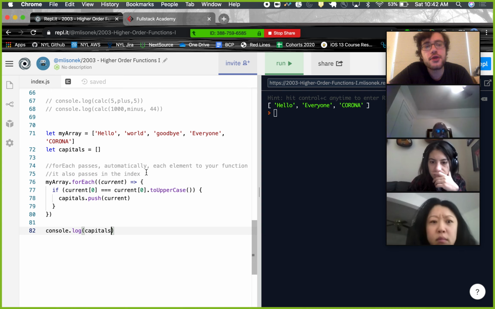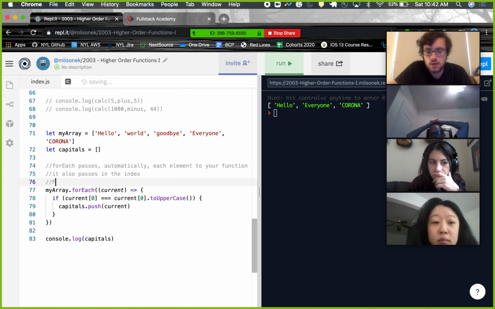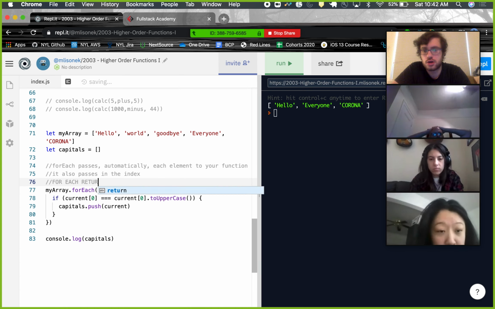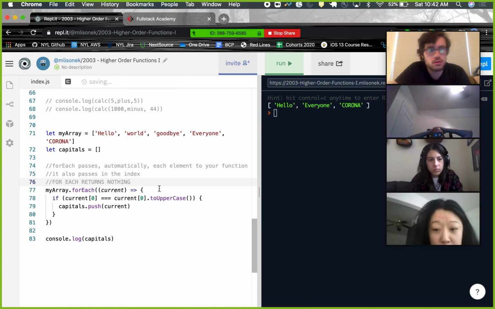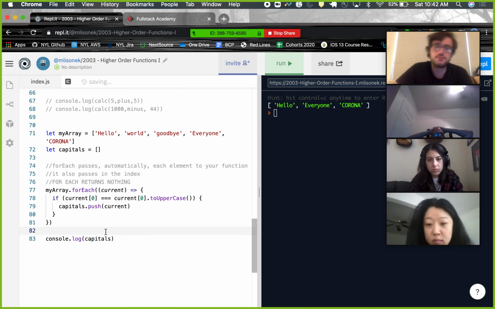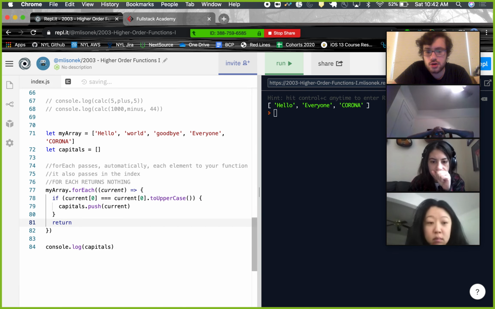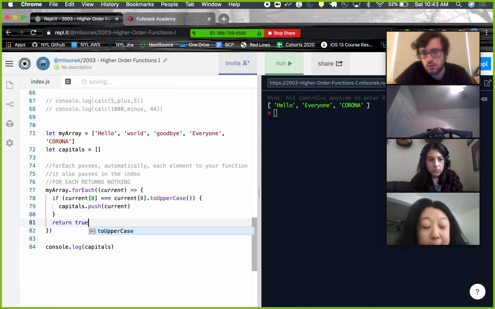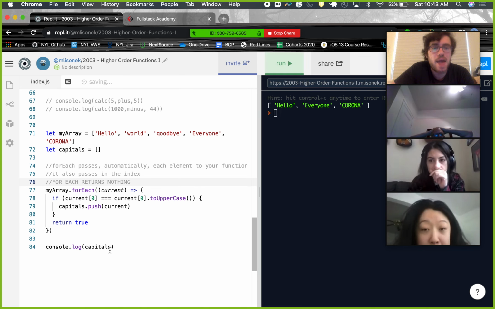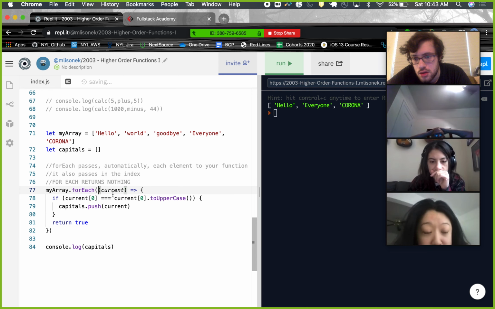There's one other thing, before you guys ask questions, that you need to realize about forEach, okay? forEach returns nothing, okay? It doesn't return anything. If I wrote return true, right, it doesn't really matter. Because this function that I made,